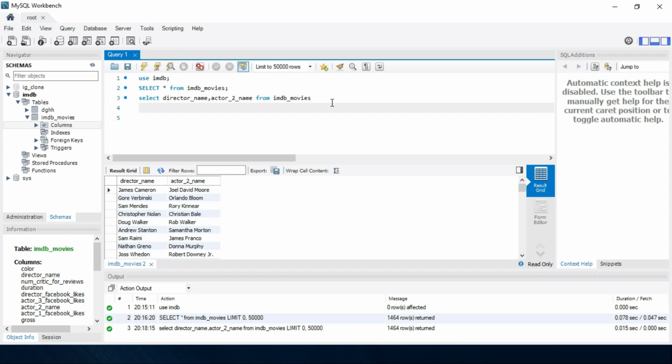why is it not pasting? Sometimes my keyboard doesn't work, sorry guys. Okay, it's not working. Let's copy it,